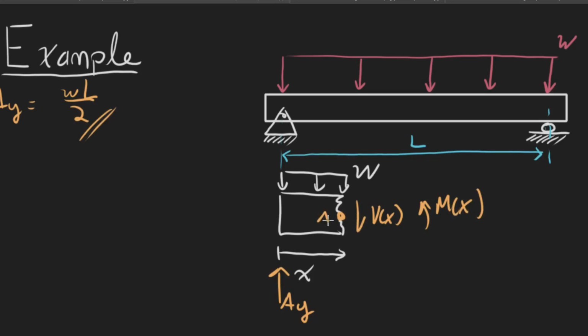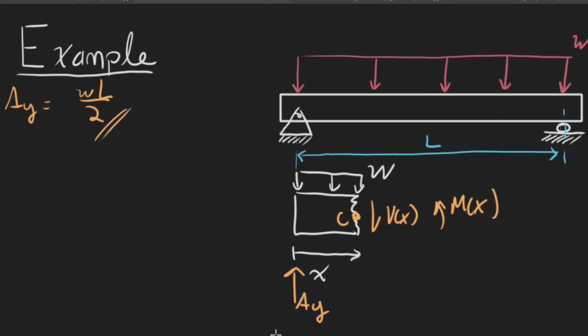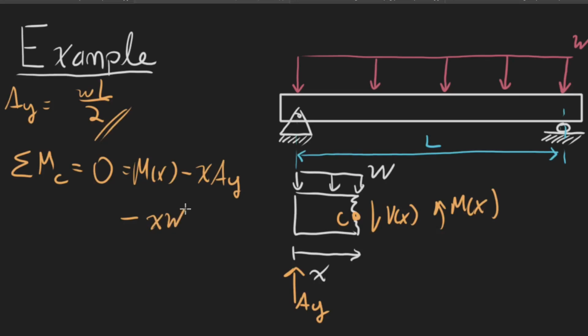We'll just call this point, like, I don't know, we have A, we have B, so we'll call this C. So if I add up all the moments about C, this has to equal 0 because we're still in equilibrium. This is going to equal M of x minus x times Ay minus x times w, which is the equivalent force, times x over 2, which is the point that it's acting at,